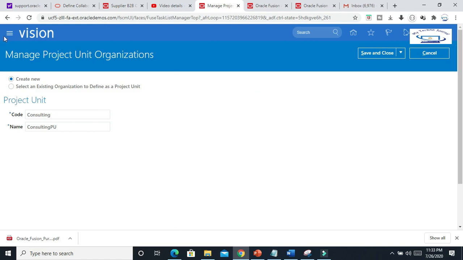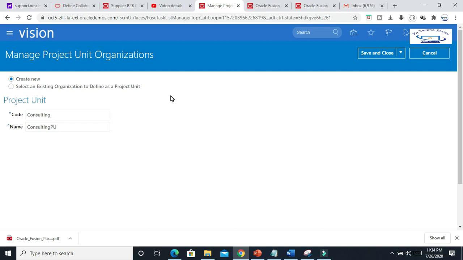Manage project unit organizations. We are creating one new project unit. The company is doing consulting service, and to track the expenditures, revenue, cost allocations, and to maintain the projects, the company is using the project unit. The company uses project management models, and to track the project activities we are creating one project unit organization, which will be used to handle all these kinds of activities at project level.